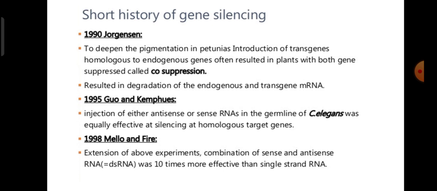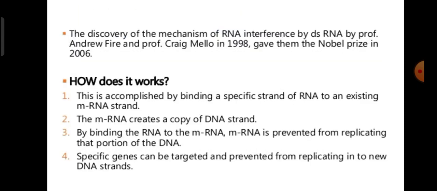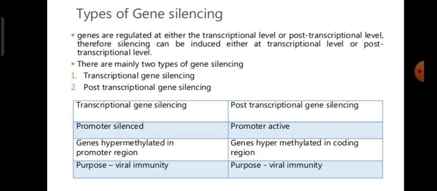The process of gene silencing is not a new concept. It was there before the 1900s also, but the progress was quite low in the research field. But success was achieved in 1998 when Andrew Fire and Craig Mello worked with RNA interference technology, and they were awarded the Nobel Prize in the year 2006. As you know, there are two types of gene silencing in broad terms: one is transcriptional gene silencing, the other is post-transcriptional gene silencing. Briefly, we shall see the difference between these two.